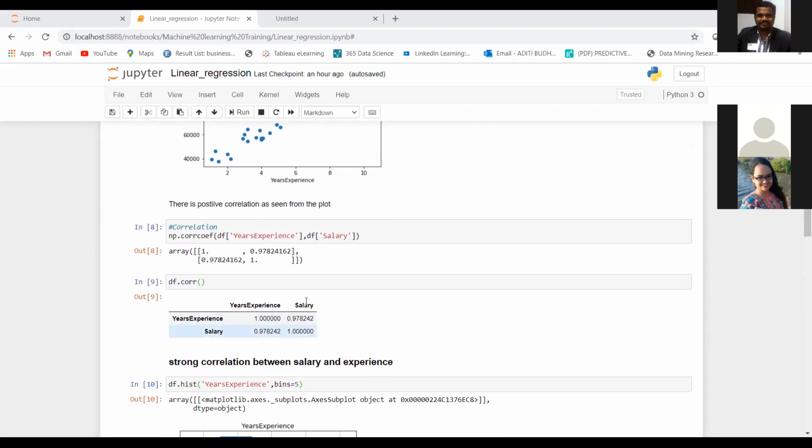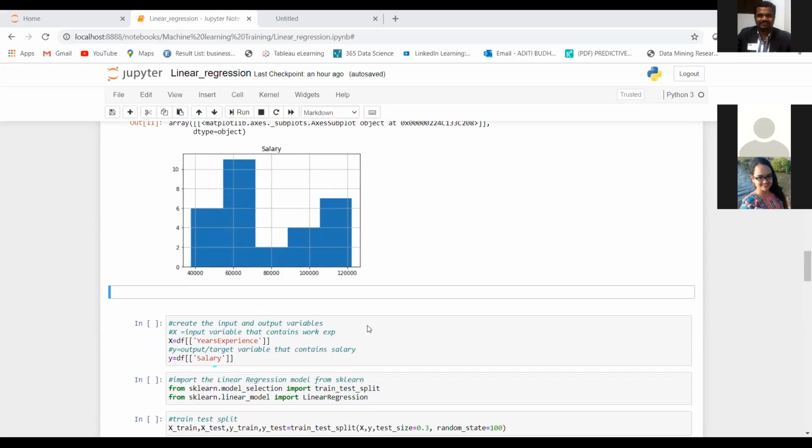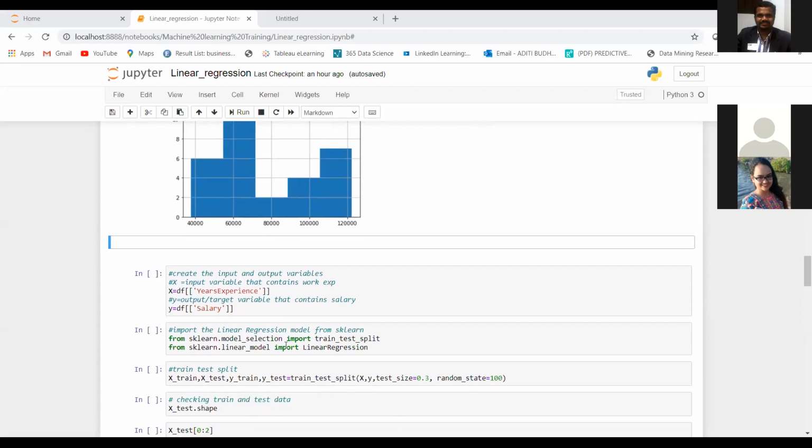Salary is our output variable and years of experience is our input variable. Now we will create a new data frame for each of these. Here X is my input variable, and it will contain the work experience, because that is our input variable, correct?